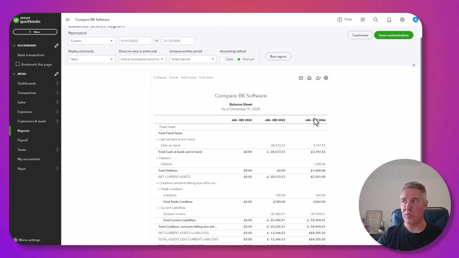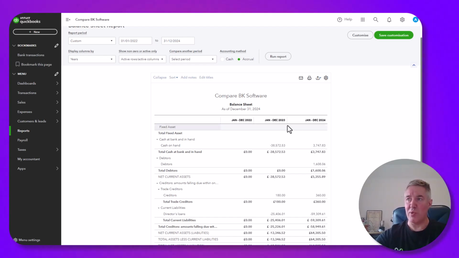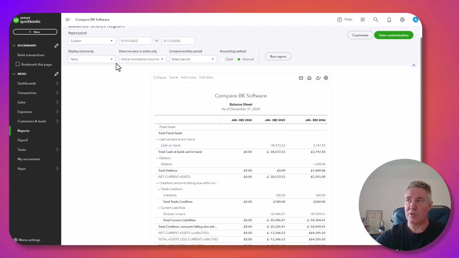And again, with the reports here, you can save them and customize them just like you can in Sage, Xero and Zoho. You can also customize those reports too. So that's your balance sheet report. Really very easy to manipulate. If I just go back and change that to, let's go